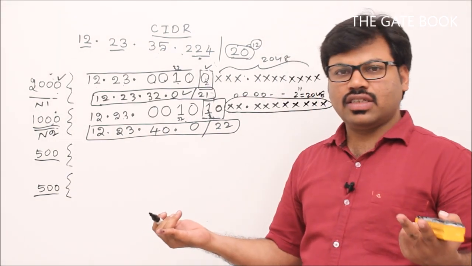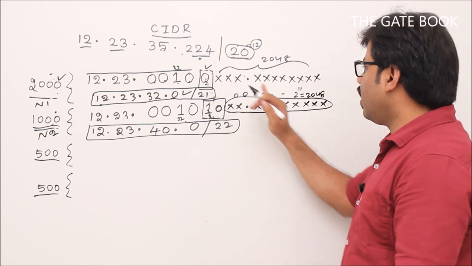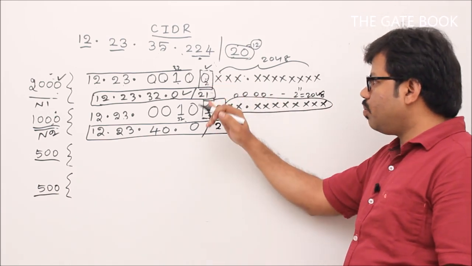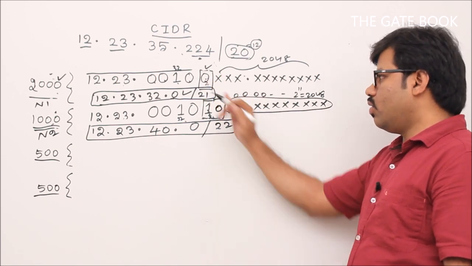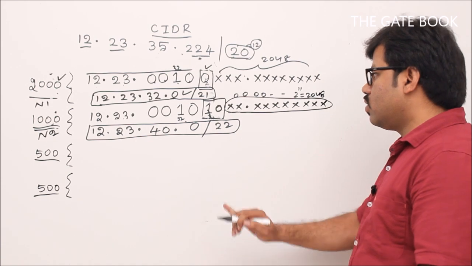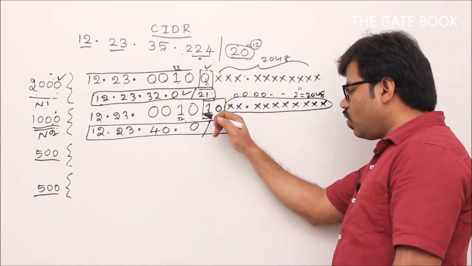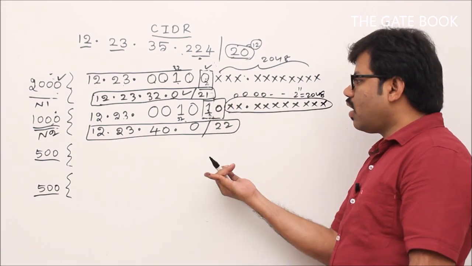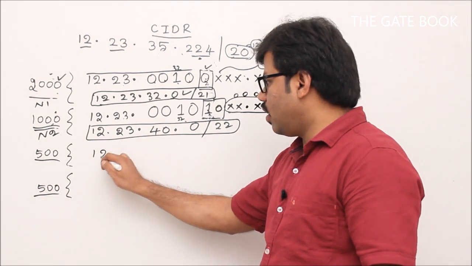Do we have addresses? Then which area did we not distribute? Simple. Only the host part is initially given for us, and the host part had 12 bits. 0, first bit 0 is gone. Now don't take the first bit as 0. So with the first bit 1, and the second bit, the 10 pattern is gone. Then what are the other patterns we have? 1 1, right? So that's why I am writing